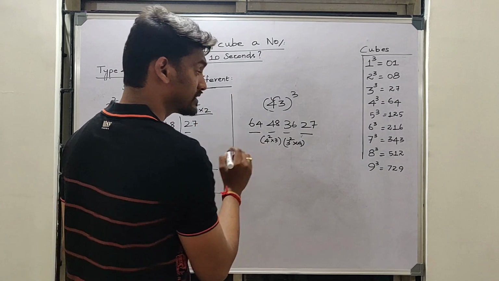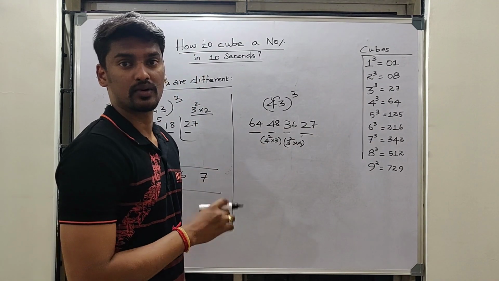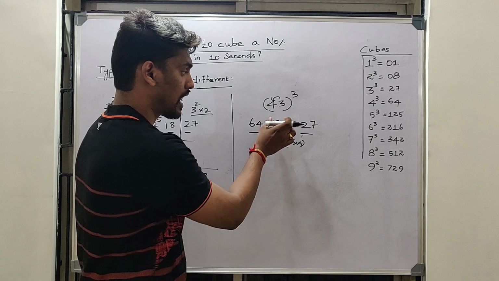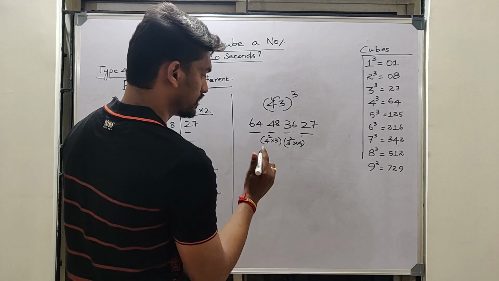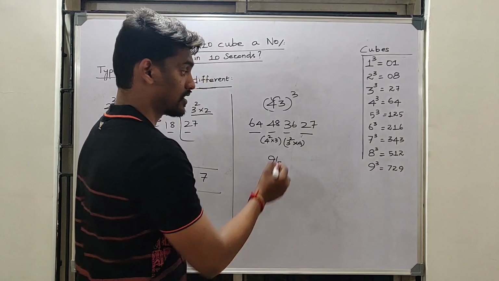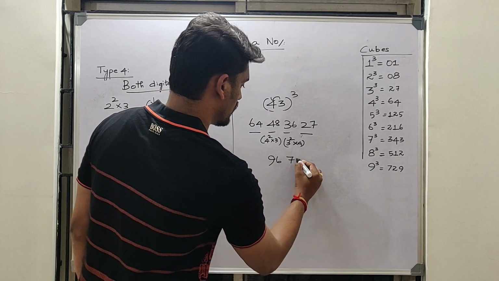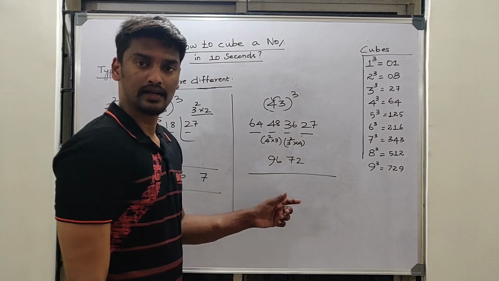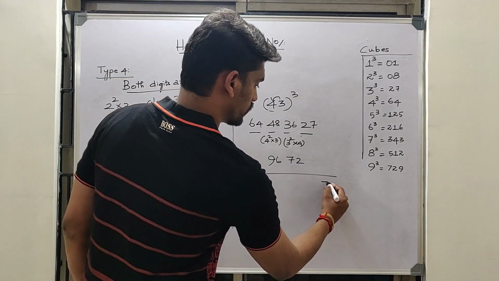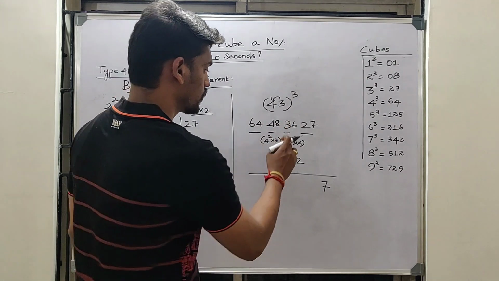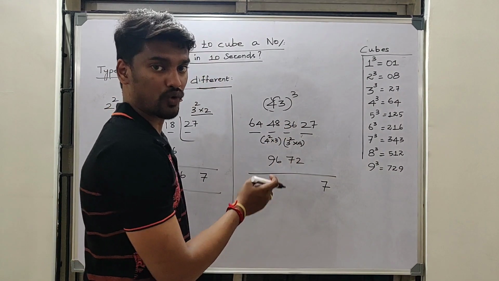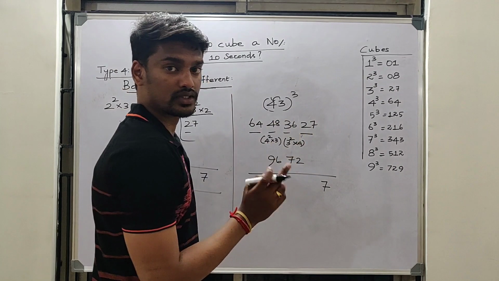Okay, so in second step I am going to ignore the first and the last numbers, and take the middle two numbers and double them. So 48 into 2 it is 96, 36 into 2 it is 72. Then it is a normal addition. So you could write 2 here, and 7 should be carried over there. So 36 plus 72, we know that 108. So 108 plus 2 it is 110.